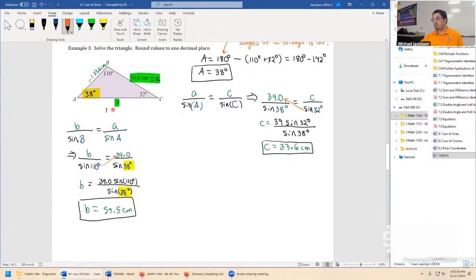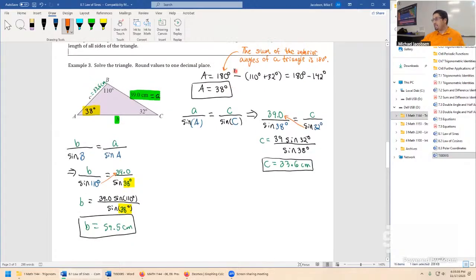What law of sines is saying, essentially, is we look at just one equation at a time. In solving this triangle, we need to find the unknown side B and the unknown angle A. We just used the idea that the interior angles of that triangle had to add up to 180 degrees. So subtract 110 and 32, and that gave us the angle A right away. Last thing to do was to solve for side B.